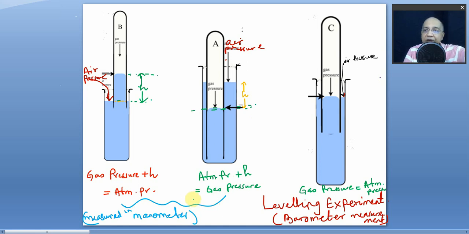Simply we run to the barometer. Whatever the barometer reading says, that is the pressure of our gas, the moist gas. Of course, it is contaminated with water vapor, right? So this is called the leveling experiment. We do it deliberately to equalize the outside pressure with the inside pressure, and we therefore say the barometric pressure, the atmospheric pressure at that particular time, maybe 80 centimeter, maybe 72 centimeter or 70 centimeter, is equal to our gas pressure. You record the volume at that particular condition, right?